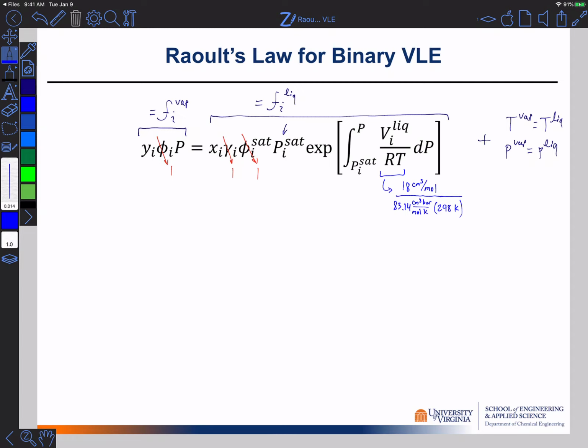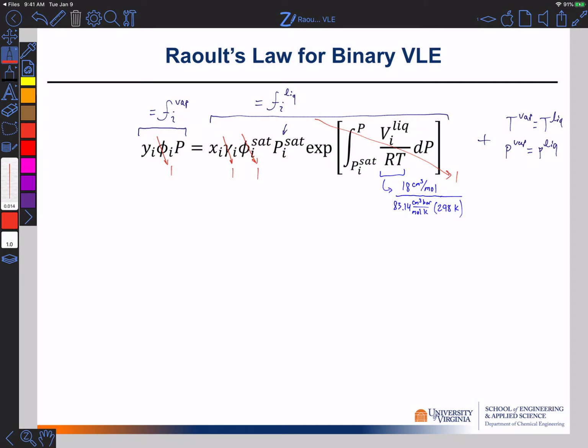And so long as the range of integration, or the difference between P^sat and P, is relatively small, and you're integrating a relatively small number in this integral, then the argument of the exponential is relatively small, and therefore the exponential of a relatively small number is pretty close to 1. And so oftentimes we see that the Poynting factor is essentially negligible, and can be taken as close to unity